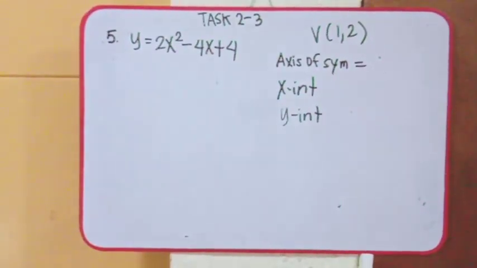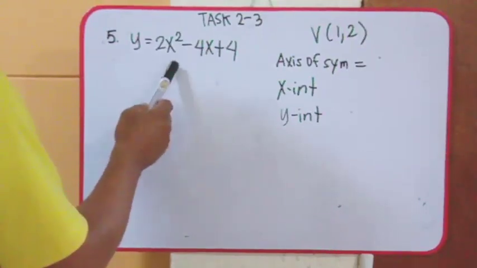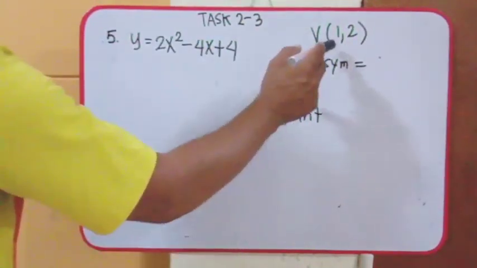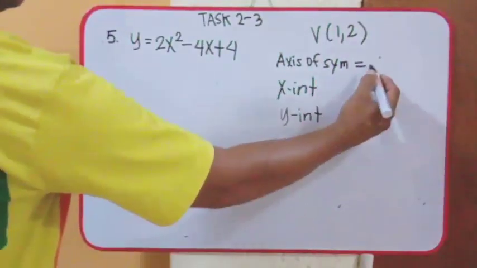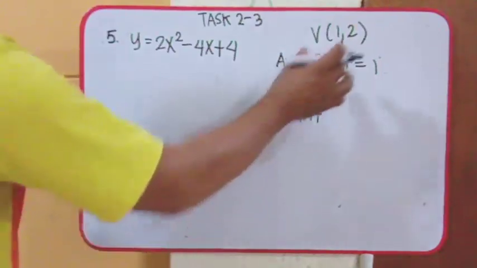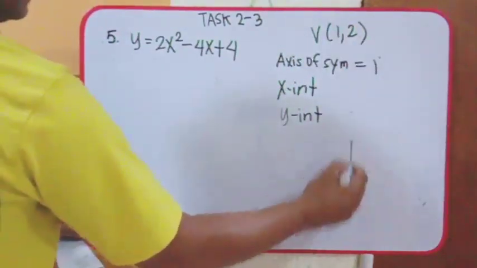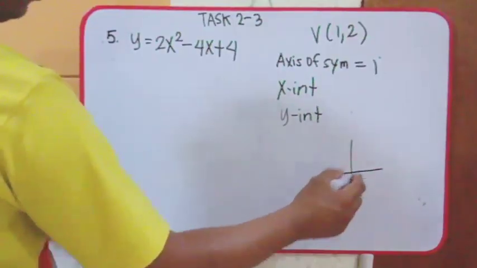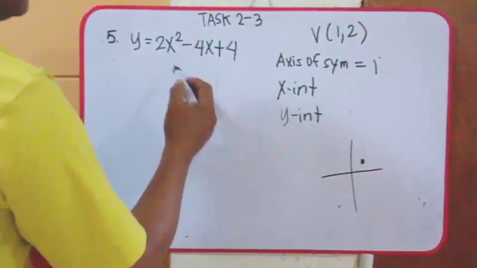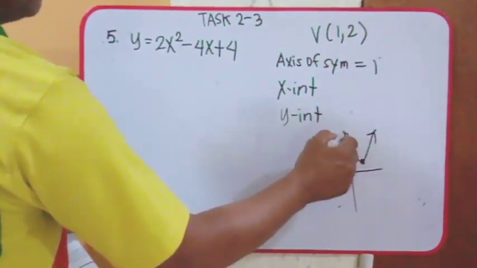So, continue natin. Yung vertex natin from this function is 1 and 2. So, ang axis of symmetry, h is 1. Axis of symmetry is also equal to 1. What is the x-intercept? So, based dun sa graph natin, kung i-analyze natin, ang vertex natin ay 1 and 2. So, ibig sabihin, nandito siya. And, a is equal to 1. So, pag ganyan ang graph niya. It means,